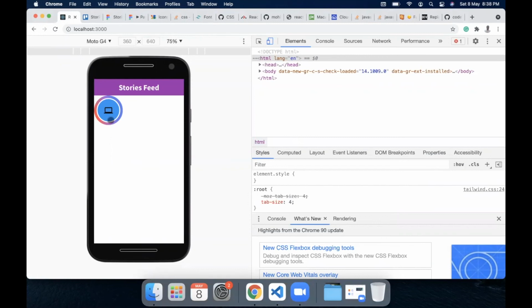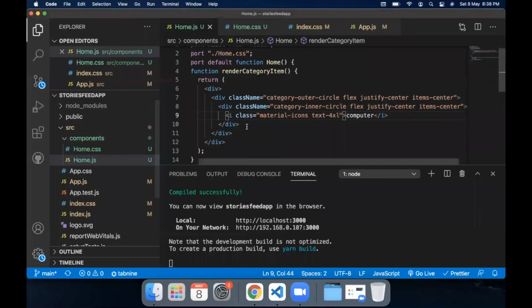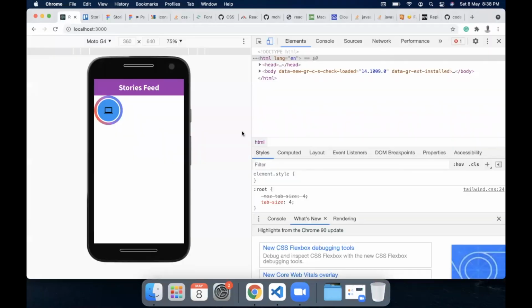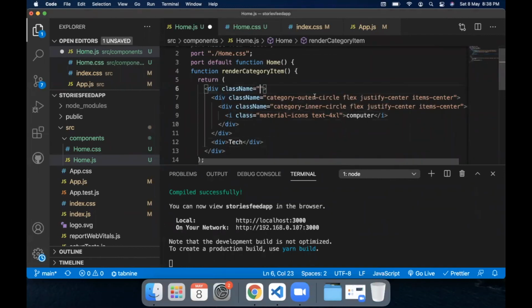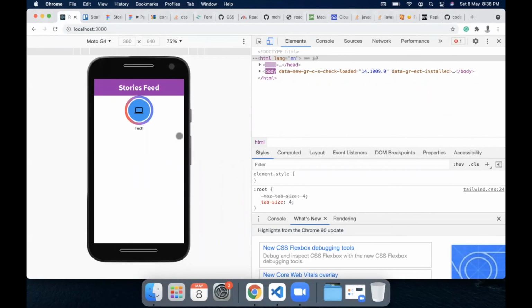Now the next thing that we can do is replicate the icon, but before that we have a text below this. So let's add the text as well using a div, and let's add a text which is, let's say, tech. And since this is not centered, we can have a class here again with the properties flex, and we need a flex column property here, flex column direction basically, to have the text below.